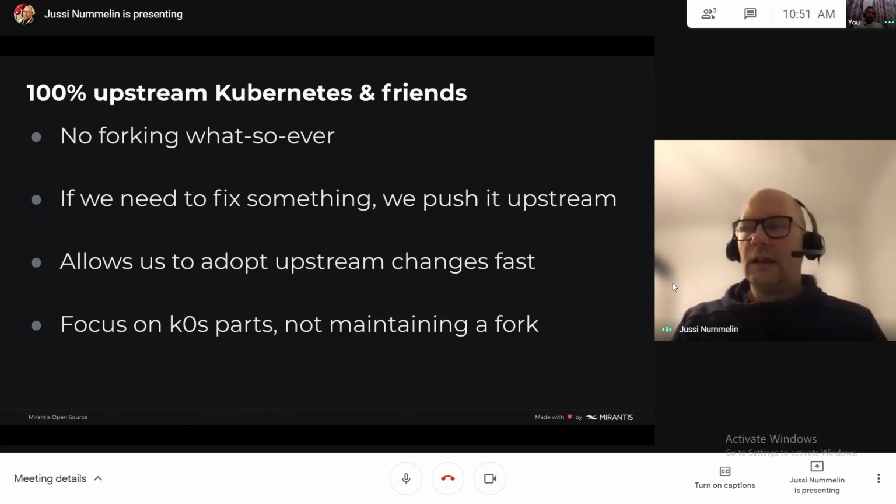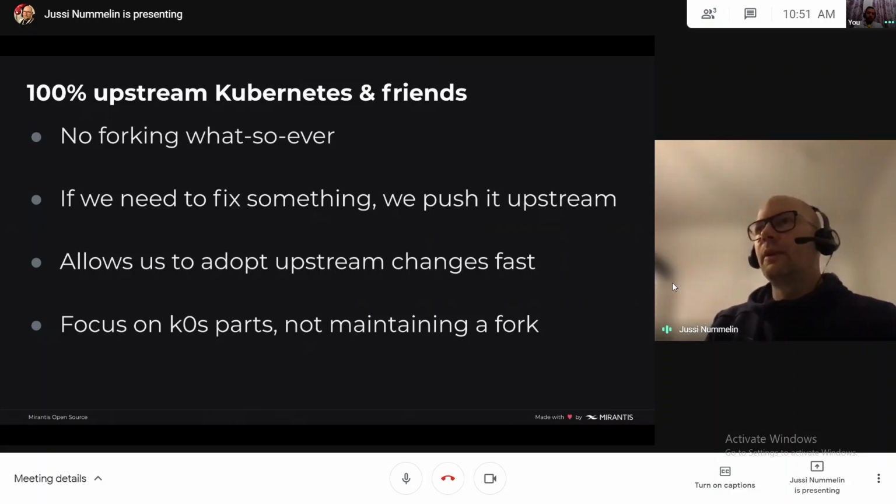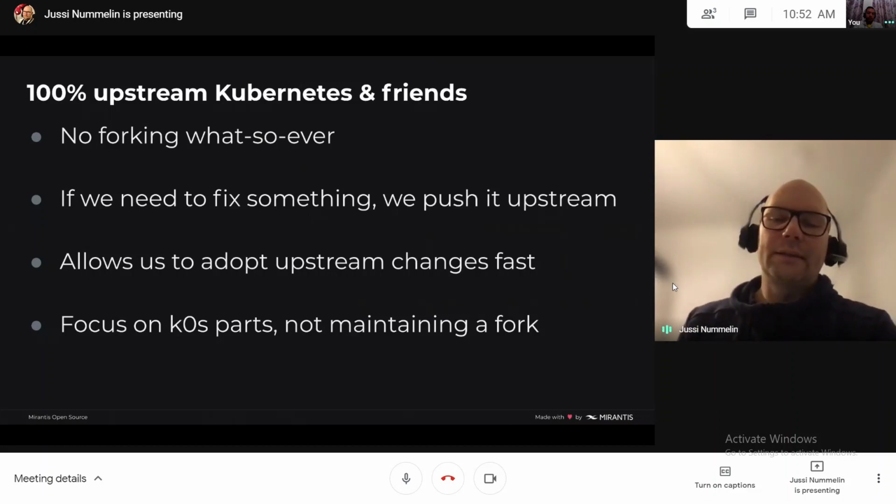So working with pure upstream really allows us to focus on the K0s parts of the solution, so that we don't have to waste effort on maintaining a fork.